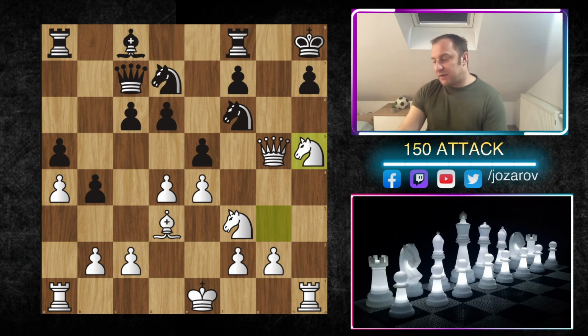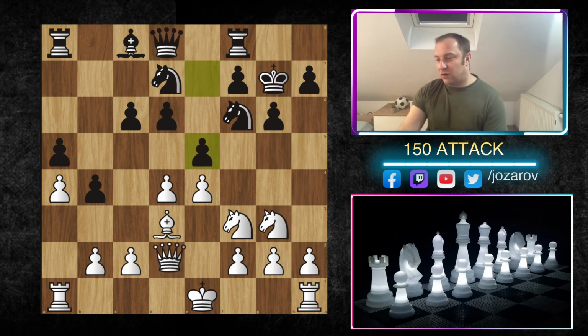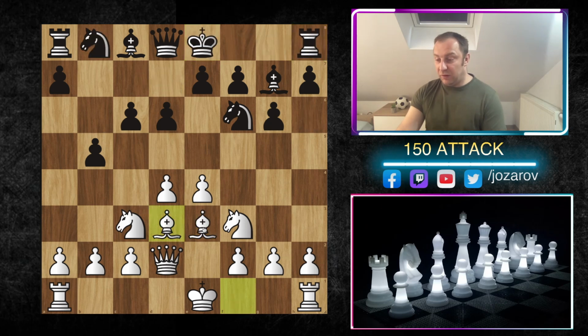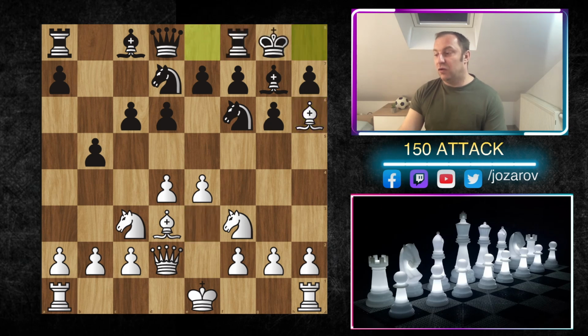So as I said, here let's go back to this critical setup, and this is a setup that I think you have to repeat. So first of all, we're playing this move bishop to d3 in order to protect our e4 pawn after potential b4. So now we're waiting knight to d7. We're waiting black to play e5, but now we're forcing him, like in the famous Kasparov Topalov game, to now